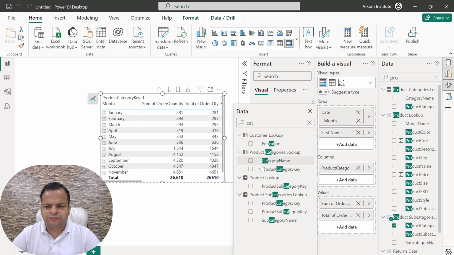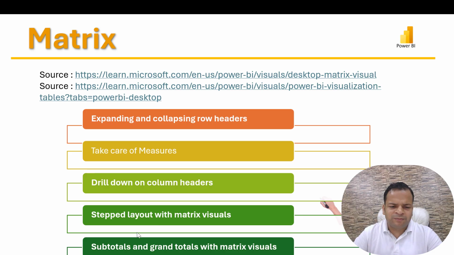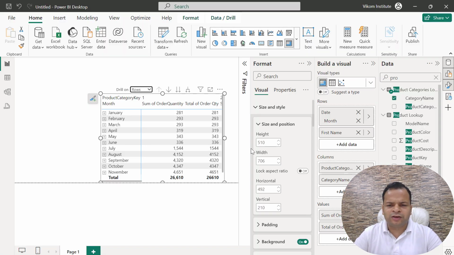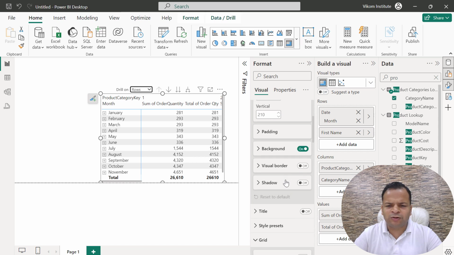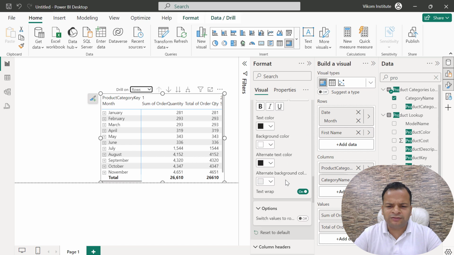Here it is. Now you will see drill down option is showing me two options. Do you want to drill on rows or do you want to drill on columns? So you can drill your values based on column also. So I am not drilling that thing. We can simply add subtotals and grand total with the matrix visuals. So if you want to add subtotal or grand total here, we have options for that.